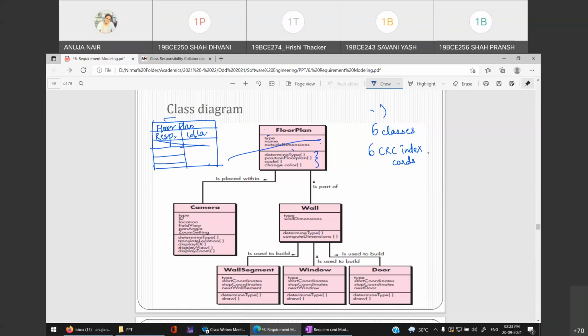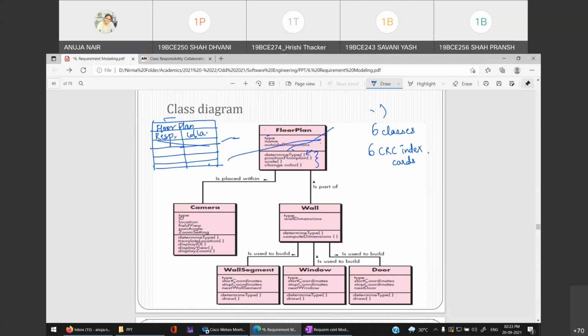And then in the collaboration section, see, when you are making a class diagram, each class is connected to another class, right? It may be possible that in order to do this particular task, which is determining type, it is dependent on, let's say, camera, or it is dependent on wall.